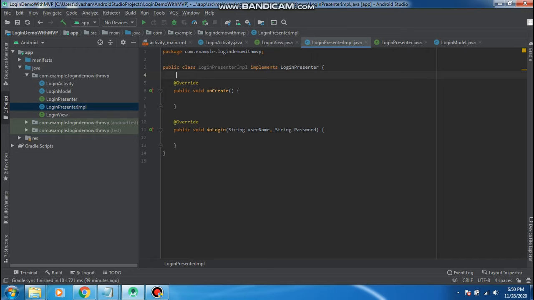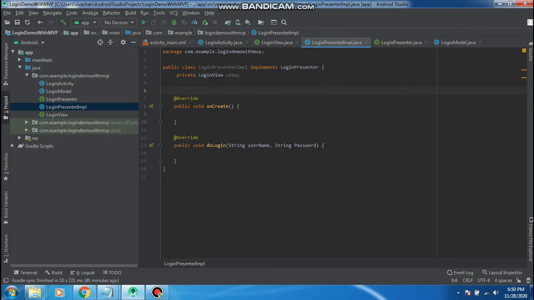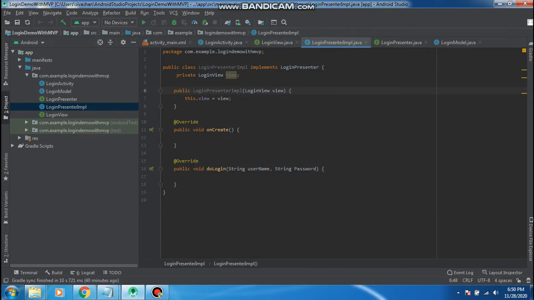Here I declare a login view interface instance. And create a constructor to initialize the login view.